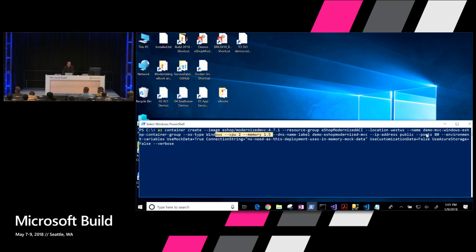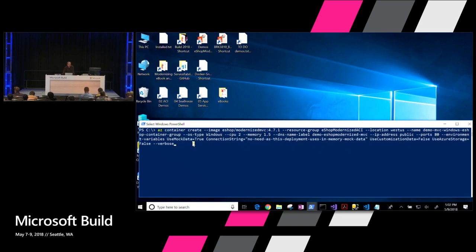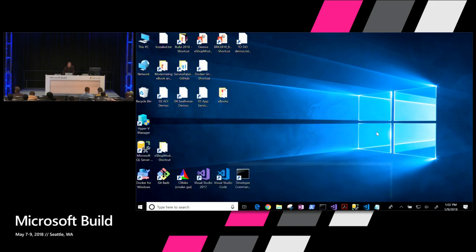And then environment variables. This depends on your application, like use mock data true, connection string, or use customization data if you want to load data from files. This is related to my application. And with that, you just hit enter, and it will be deployed. I can do it from here. And while it is doing that,